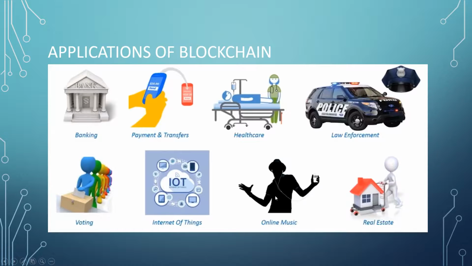Now these are a few applications of blockchain. You all know the structure of blockchain, and one of the key elements of blockchain is a block. A block contains three key elements: the hash of the current block, the hash of the previous block, and data. Data is something that varies as the domain changes. For example, if we talk about the banking system, the data will comprise the transaction amount, timestamp, etc.